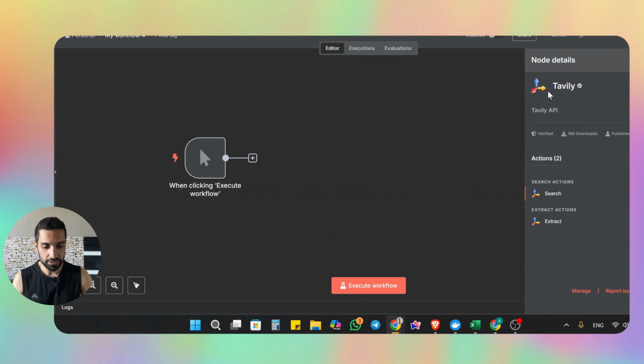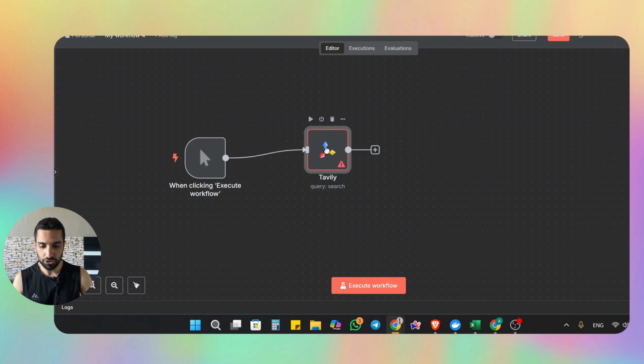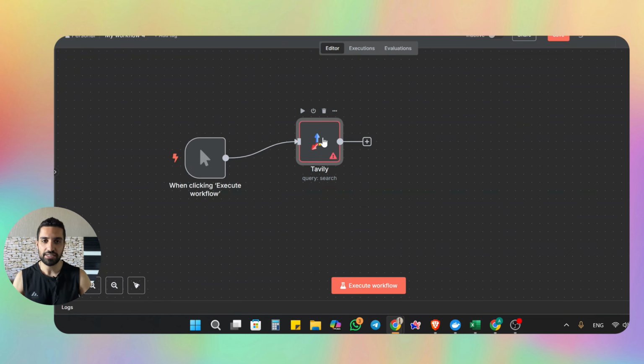So right now this node has been installed, and here we have some actions. We have two actions basically, search and extract. For this one I'm just gonna use the search one. If you click, it will bring the node to your workflow, and everything else is the same. You just need to configure your connection with Tably and